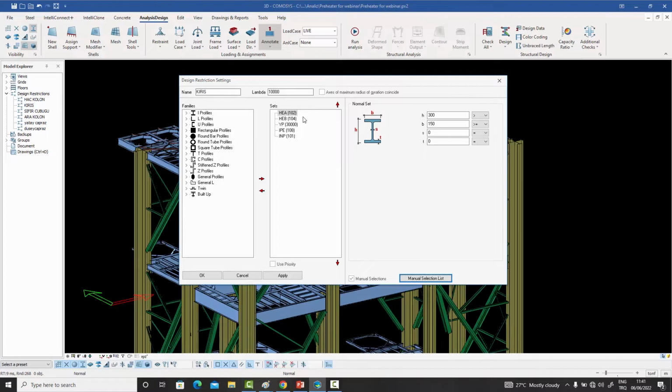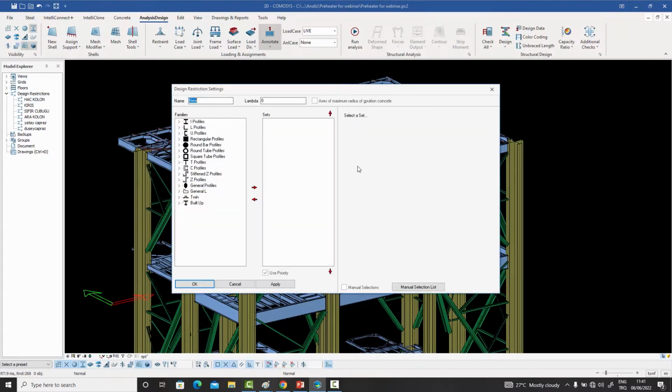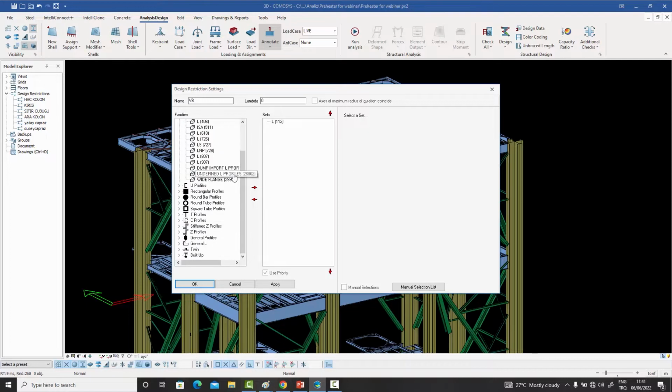But one other thing you can do is, for example, if you're doing it for vertical bracing, you can create a design restriction. Let's create another one, for example, and call it VB. And you can say that when you're designing the vertical bracing, I want you to try single angles. So you double click on that, but then you want to try your twin profiles as well. So for that, what you do is